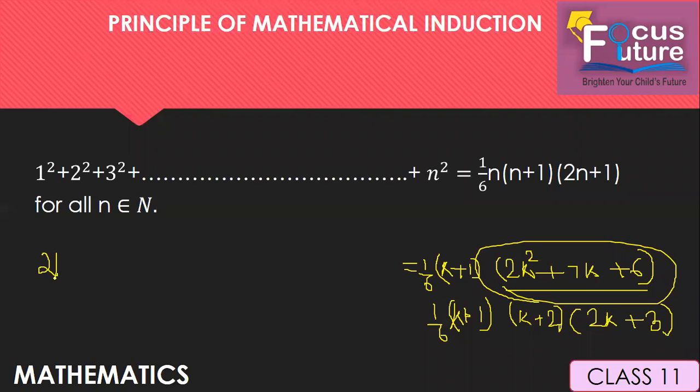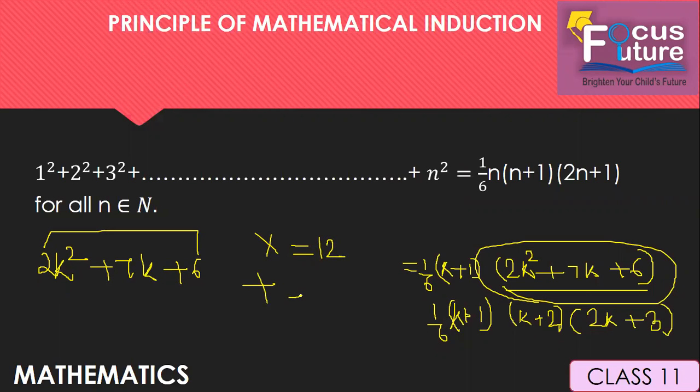Now this 2k square plus 7k plus 6. Here on multiplying you should get 12, and on addition and subtraction 7 must be there. That's okay. So factors would be 4 and 3, as 4 3s are 12, right? So 2k square plus 4k plus 3k